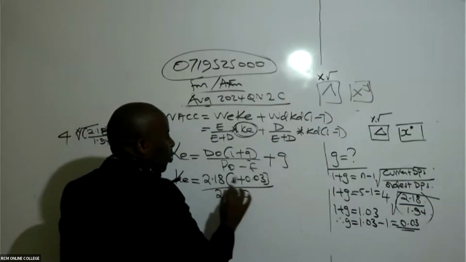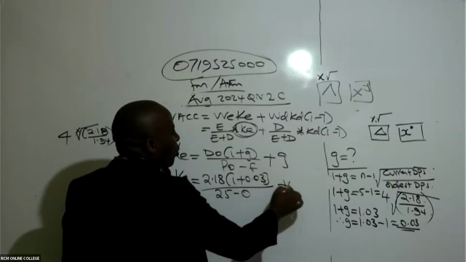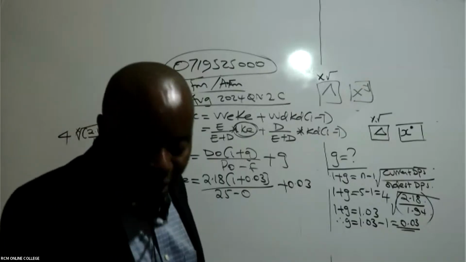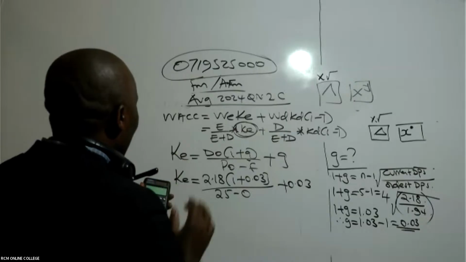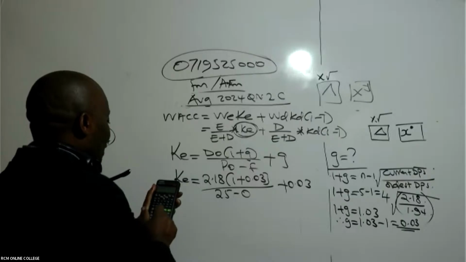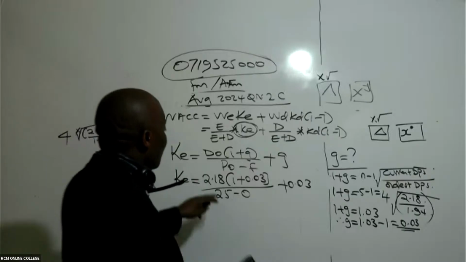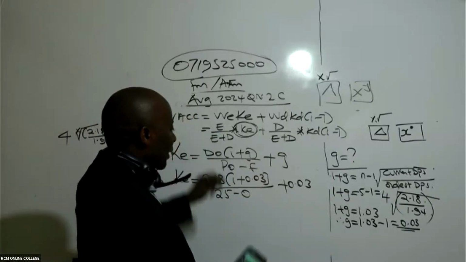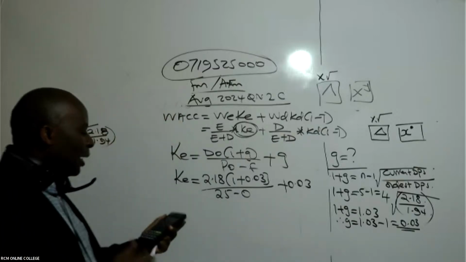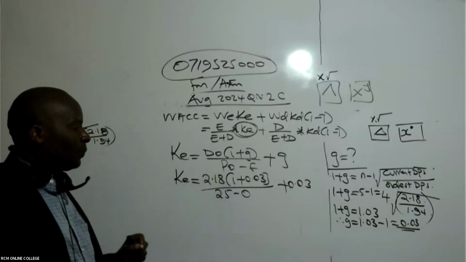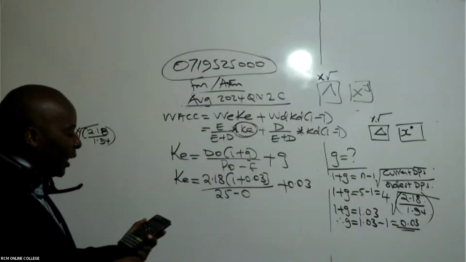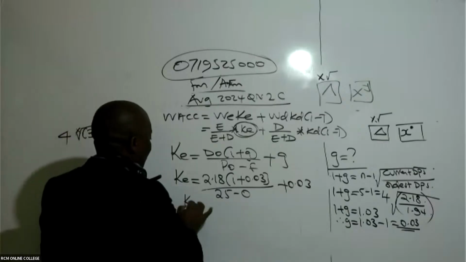There is no flotation cost given here, plus this growth rate of 0.03. So now you take your calculator. I will say 2.18 times bracket 1 plus 0.03, close. I have to say equals, because this is a numerator. Then divided by 25 alone, because 25 minus 0 flotation is 25. Then I say equals, because I want to get this quotient first. And then I add the growth rate, plus 0.03. So I'm getting 11.98%. I'm getting cost of equity of